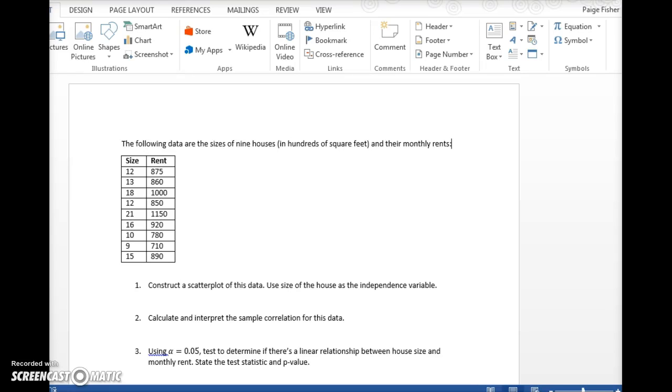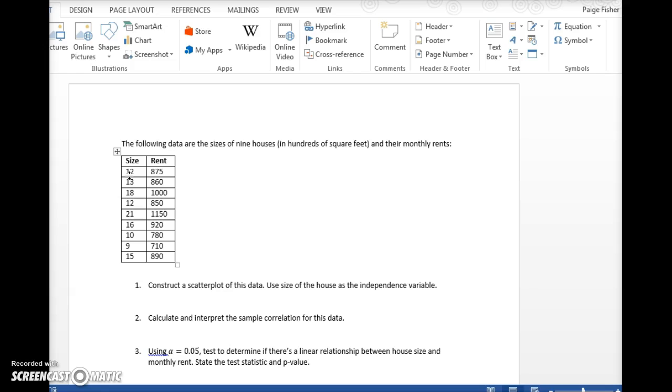Hi all, here's an example of a correlation and regression problem. So here we have 9 houses and we know the size of the house in hundreds of square feet and the monthly rent for each. So for the first observation, this means that a house with 1,200 square feet has a monthly rent of $875